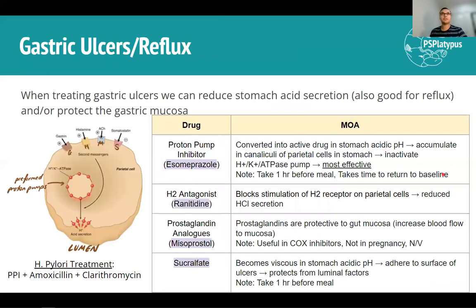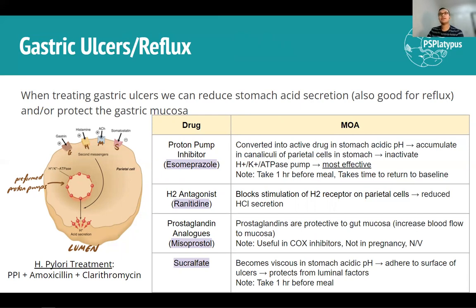In terms of medications that can be used to treat gastric ulcer disease and reflux, when treating these conditions, we want to reduce stomach acid secretion and also protect the gastric mucosa from further damage. So drugs that exist, the one that you'll commonly talk about is your proton pump inhibitors or your PPIs. And the example that's given for that is esomeprazole. So basically any drug ending in prazole is going to be a PPI. So just keep that in mind that whenever you hear a drug name and it's ending in prazole, it's a